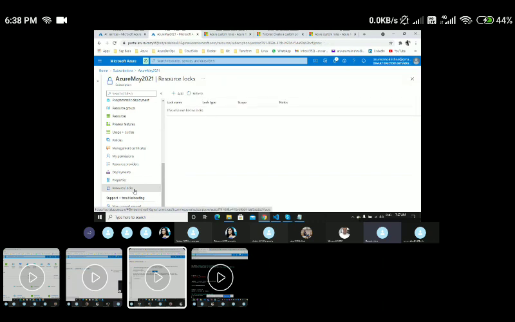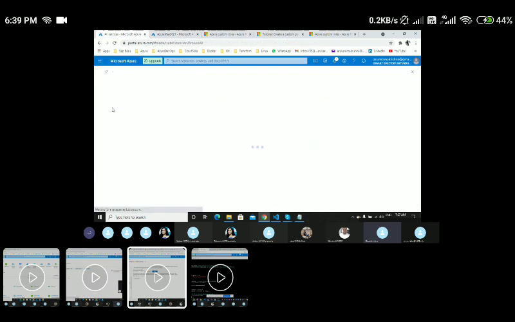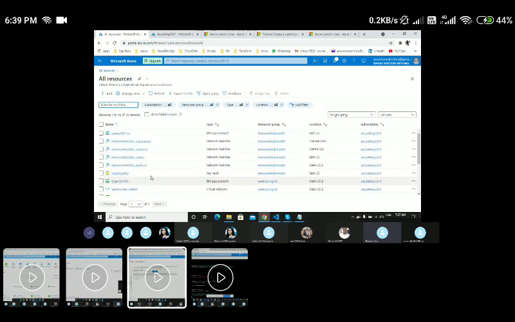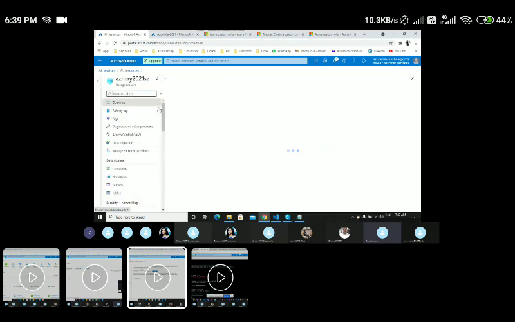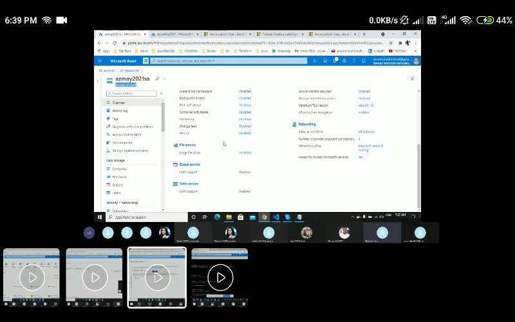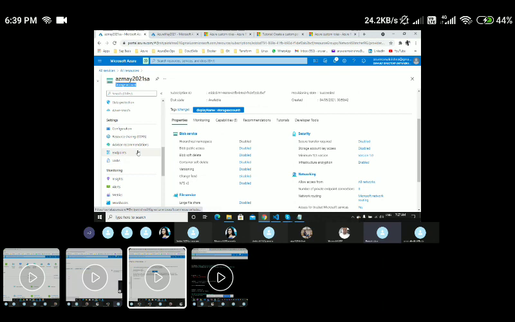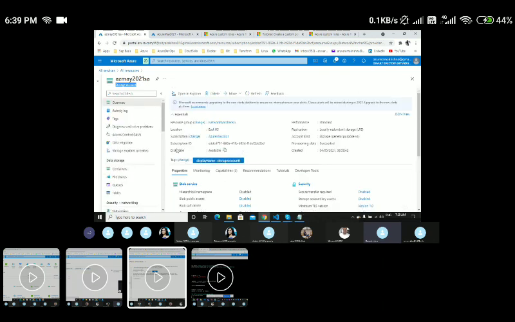And a resource lock. Here, if you want to provide certain security so that other people cannot delete resources, we can keep a lock. I'm repeating again. Let us imagine that on my subscription I have certain resources. Let's say I go to all resources, and here is one of the storage accounts, and under this storage account I have some important data. Don't worry about what a storage account is, we'll discuss all that later in detail. But I want to restrict people from deleting this specific resource. If somebody has contributor access, they can come and delete it, but I want to restrict that.